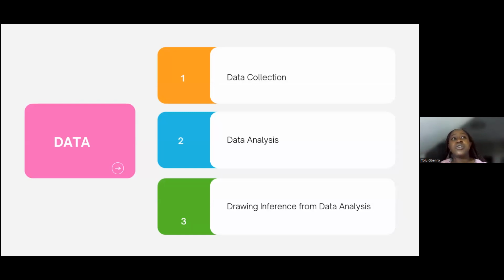So for data collection, there are 1,000,001 ways that you can go about this. You need to understand that every data is important. Every data is valid. Data analytics really just means playing with the data. So if anybody says data analytics to you and it's giving you a headache, remember that it just means you play with the data. And what do I mean by playing with data?